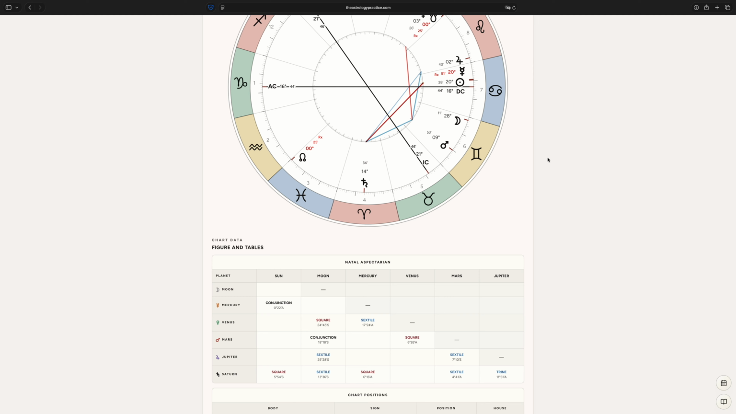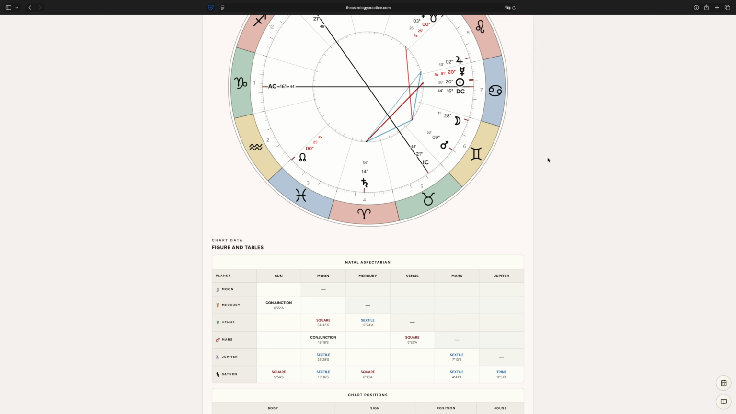I know some people use Cazimi for an applying aspect within 17 minutes of arc, or a separating aspect within 17 minutes of arc. But I prefer to use the 1 degree notation. 17 minutes seems somewhat arbitrary. I'm not too sure where that's coming from. Why 17 and not 18? I never really found any rationale that sounded convincing behind that, so I just go with the 1 degree orb,